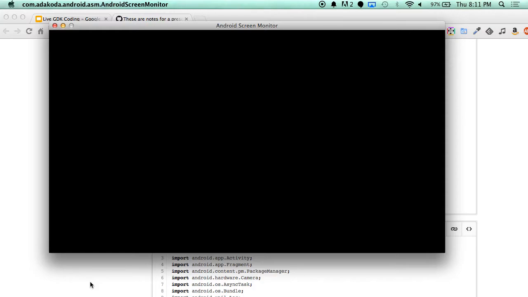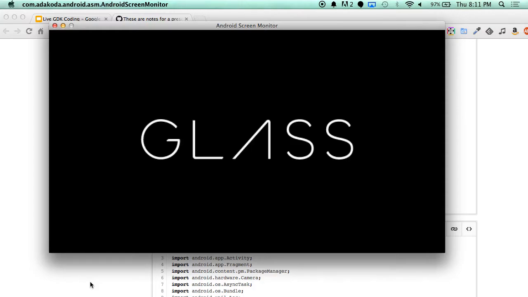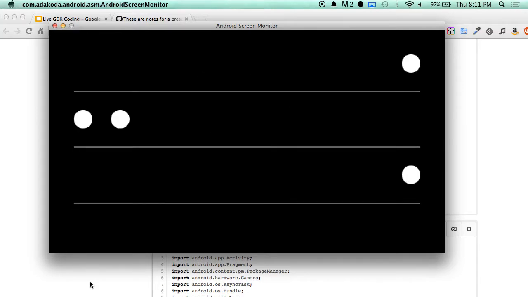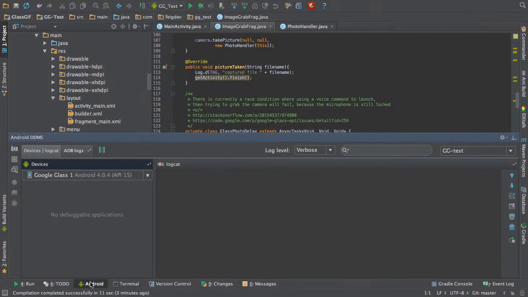Although there are things that I also didn't implement that would be useful, like, while we're waiting for this to boot up, I could mention: there's a camera button on the top of Glass. What I should have done in here is to handle that event and either release the camera and let the system take its own picture and then come back to my activity, or swallow that event and not let the system do that. But either way,